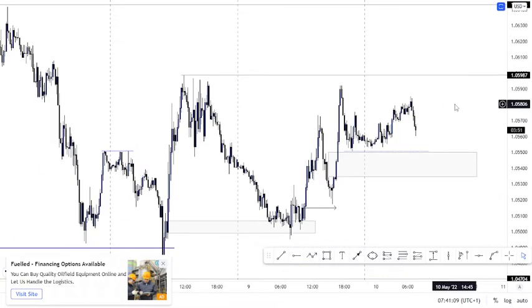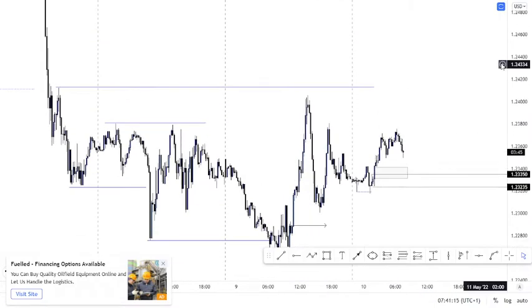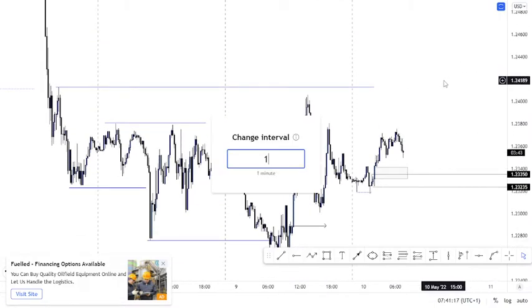So let's look at GBP USD. Coming down to GBP USD, let's go back to monthly and start from monthly down to lower time frame. So now coming down into monthly,